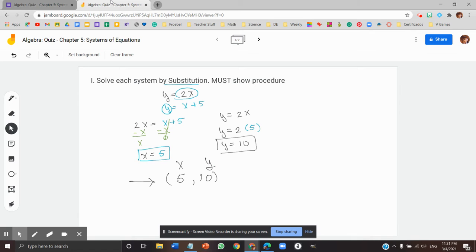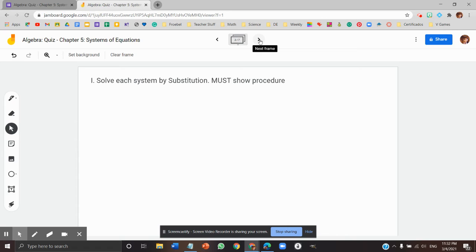Let's do another. Let's say that I have a system of equations. And the first one is x plus 4y, and that is a 4, I'm sorry, that is a 4. 4y equals 6. And I have my second equation, which is going to be x